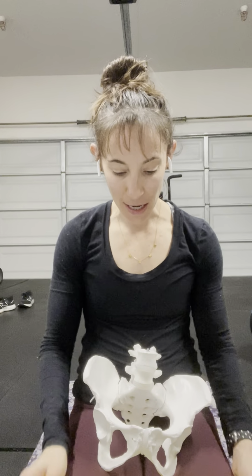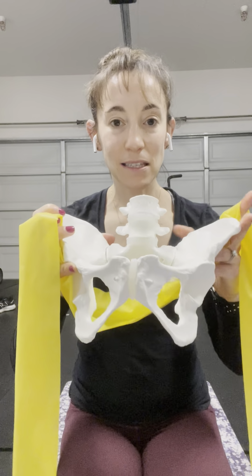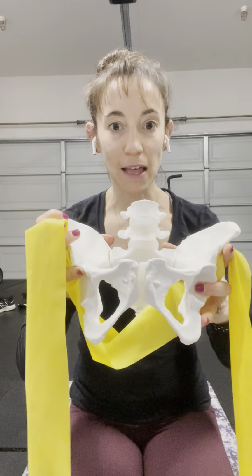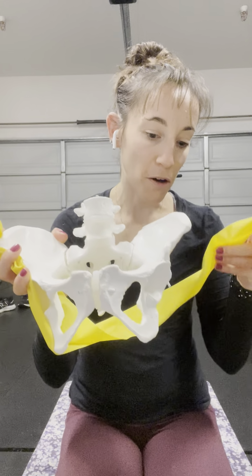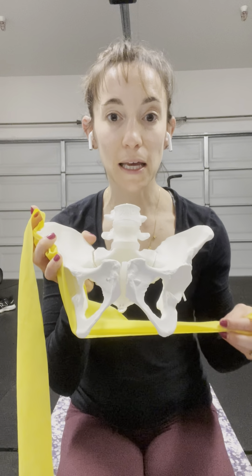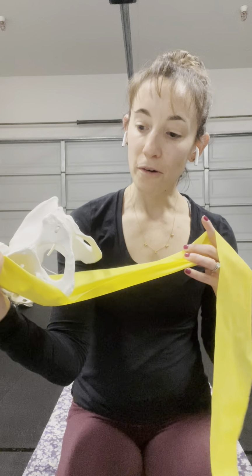So thinking about that hip range of motion, I can take this to demonstrate what would happen with the pelvic floor muscles when the hips are shifting. So as the hips are moving, let's get this guy situated. So this would be more of that neutral position. So when we aren't in a lot of external or internal rotation, our pelvic floor is at rest. So we want to think about our pelvic floor like a trampoline. So it's able to respond to different demands in pressure, and we want our pelvic floor and our thoracic